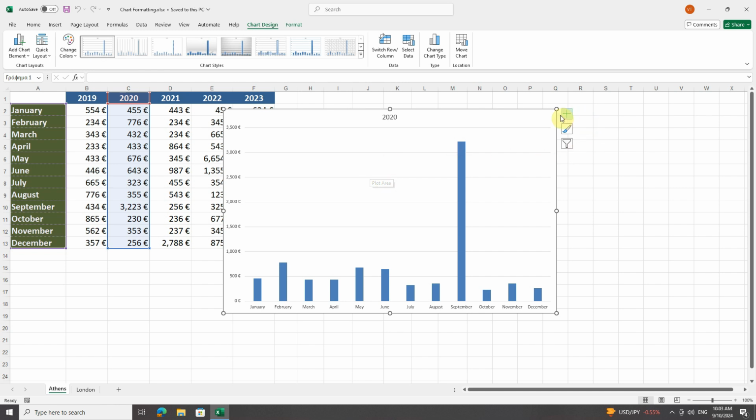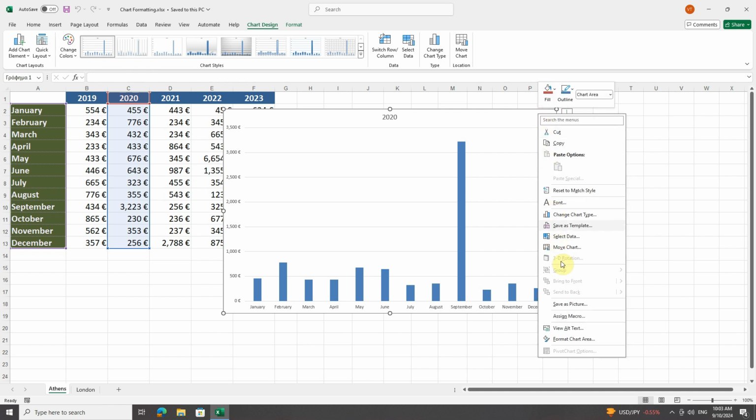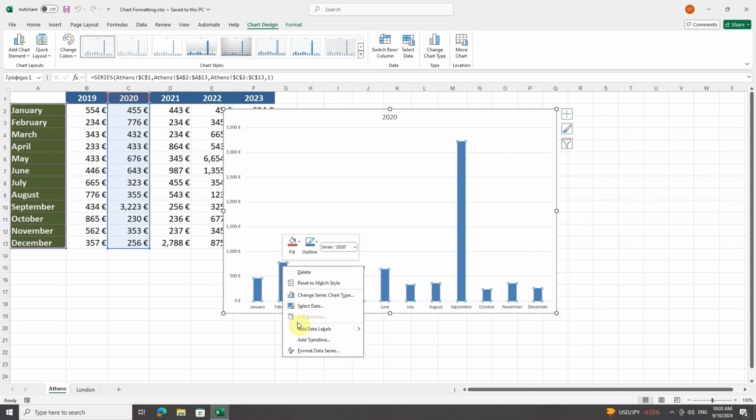I will move the mouse over an empty area of the chart, and after leaving it here for a moment, a label appears telling me that this area under the mouse is the chart area. I will right-click, and at the end of this menu there is the option to format the chart area. This is something that generally works for all areas, for all elements of the chart. If you right-click on an element, the context menu that will appear will have somewhere at the end an option